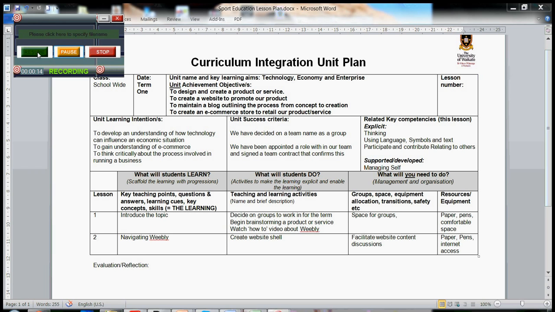So I've elected to use the Weebly do-it-yourself website as my digital tool, and what I've done is I've put it into a whole unit. Now the aim of the unit, it's designed around curriculum integration, so we're going to look at all facets of economics,